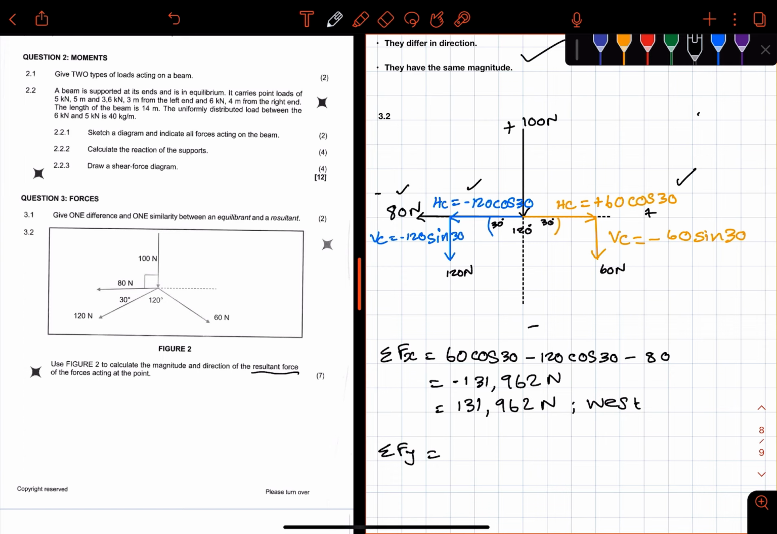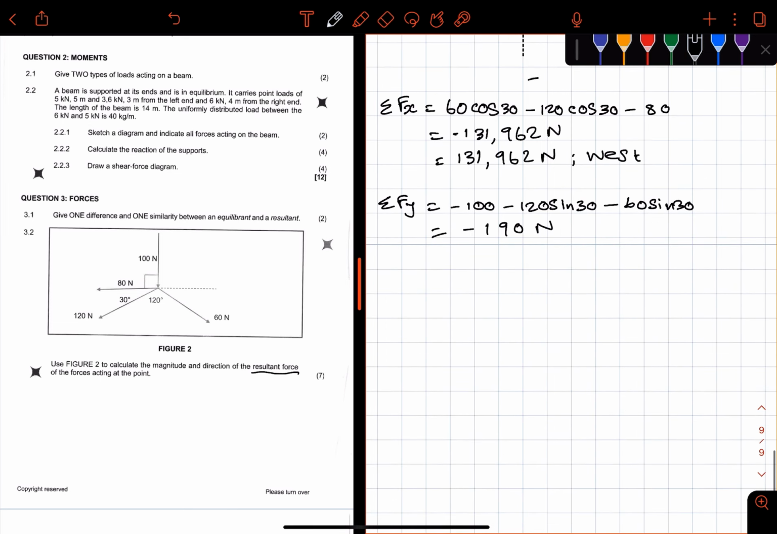And then we look at sum of forces in the y direction. We have the 100 newton force, and then we have this vertical component as well as this vertical component. So you add those up. All of these forces are headed downwards, so all of them are going to be negative. So you have minus 100 minus the 120 sine 30 minus the 60 sine 30 degrees. If you punch that in, we are going to get minus 190 newtons, right? Again, the sign indicates the direction of the force, meaning the sum of forces in the y direction is actually equal to 190 newtons south,